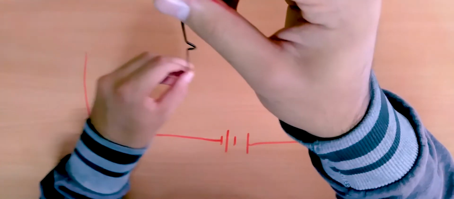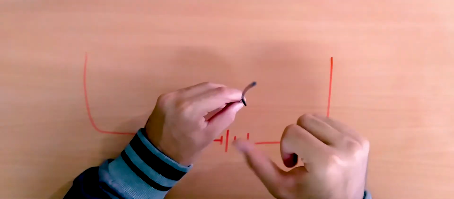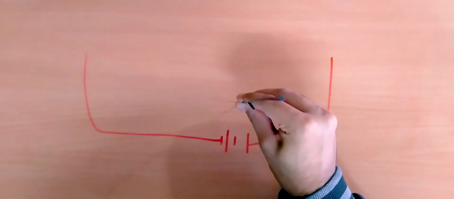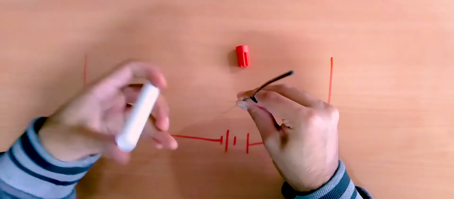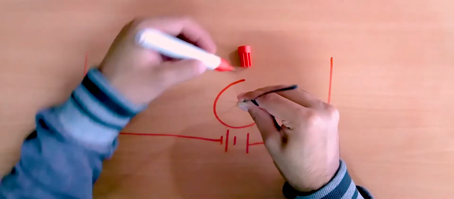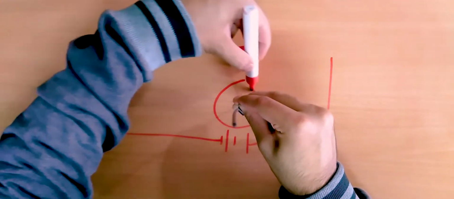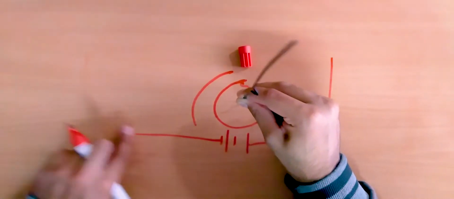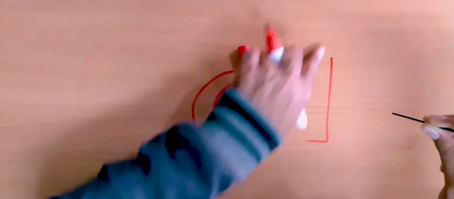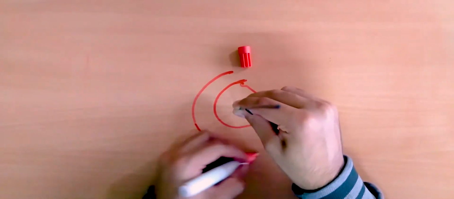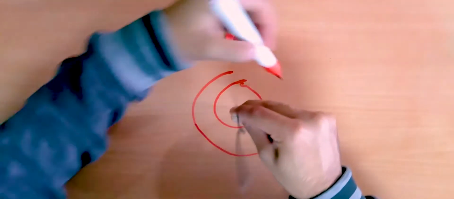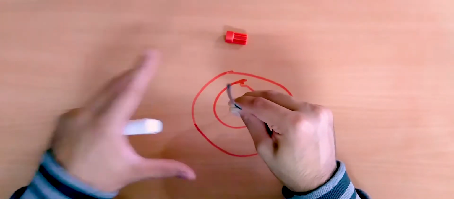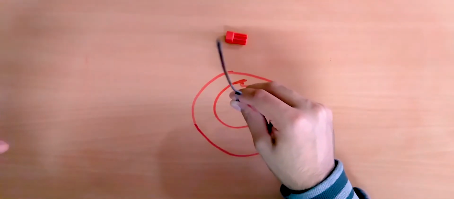So if I just place the conductor somewhat like this on the ground, it's not a very straight one, and draw the magnetic field around it, I would actually get circles like this, concentric circles around this. Let me just remove the battery here to make some space. I'll get concentric circles around the wire, something like that, and these concentric circles would represent the magnetic field lines